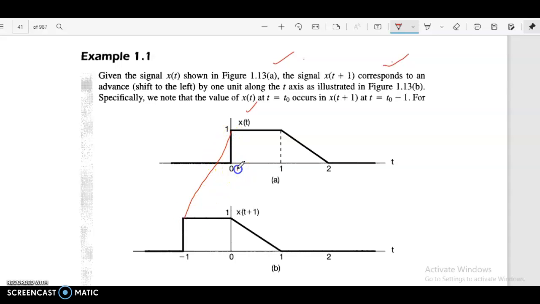This one happening at t equal to 0, here. But in figure B, it is happening at minus 1. So advanced x of t plus 1